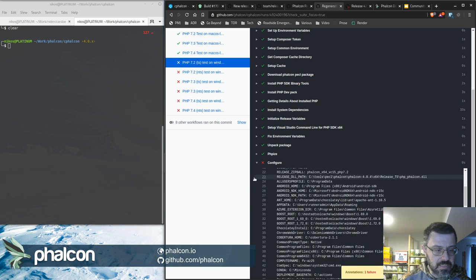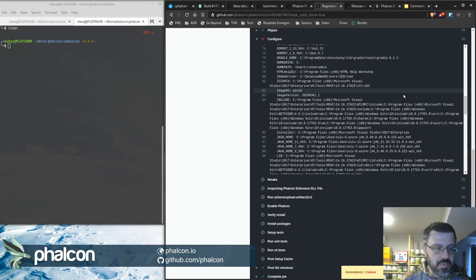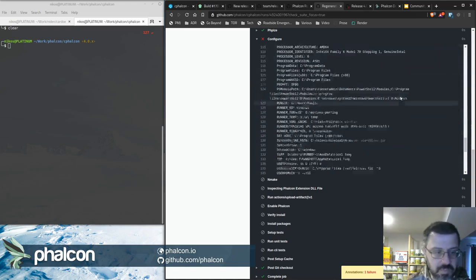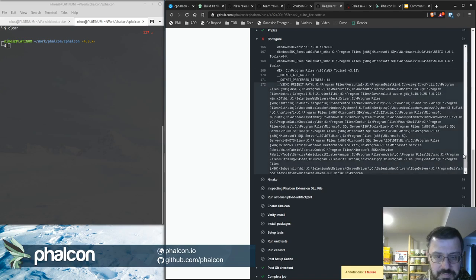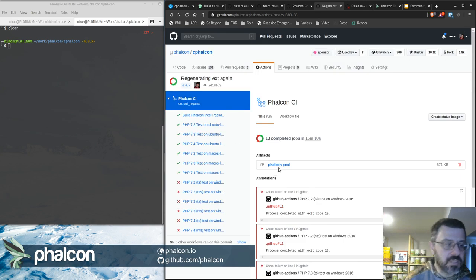How it sets the path. So I have no idea why this thing happened, but we're gonna figure it out. I mean, this doesn't affect the release by any means. I don't know why it does it. System cannot find the path specified, which is fine. All right, so we're gonna sort that out, but it doesn't affect our release because our DLLs are being built